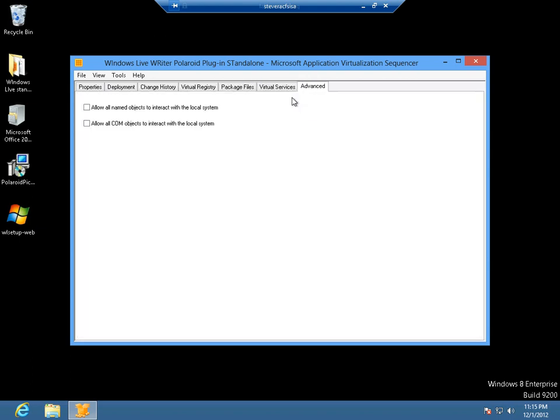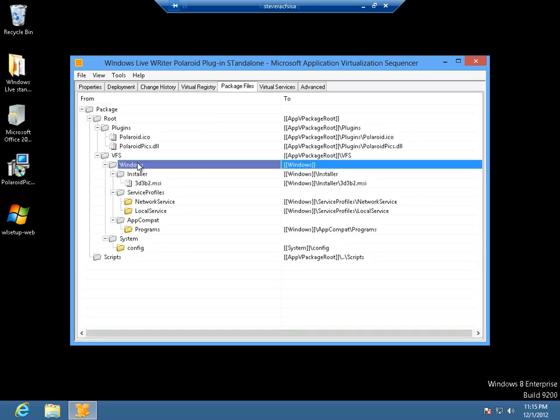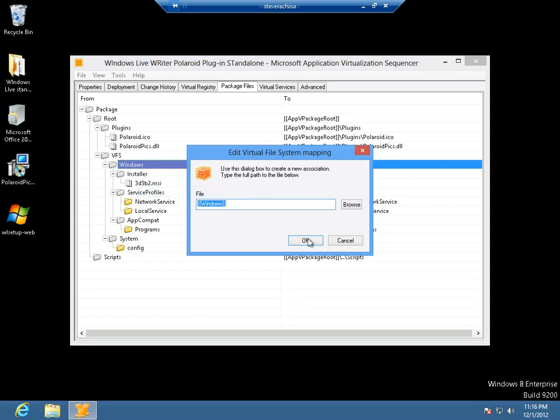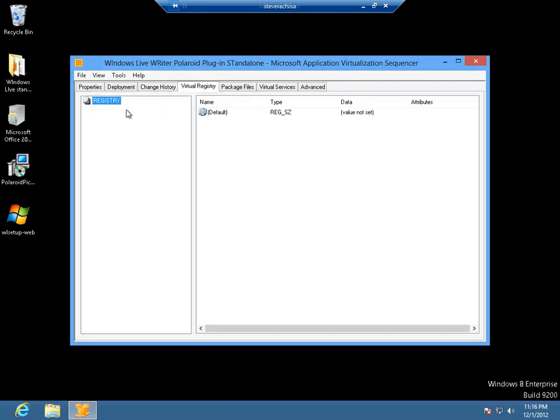Virtual services in the advanced mode and different things, right? So you can get into the editor, you can make some changes. For example, if I wanted to come in here and add a particular area or delete or edit a particular section, I can do that. If I want to come in and look at the registry and make an addition, add a new